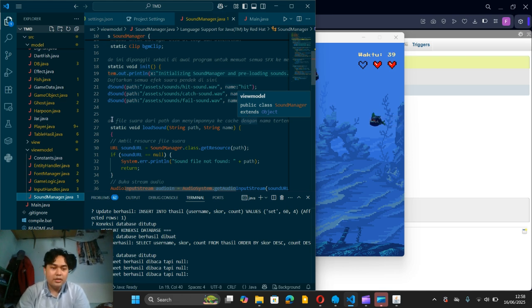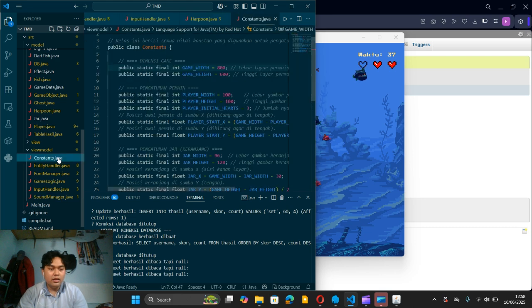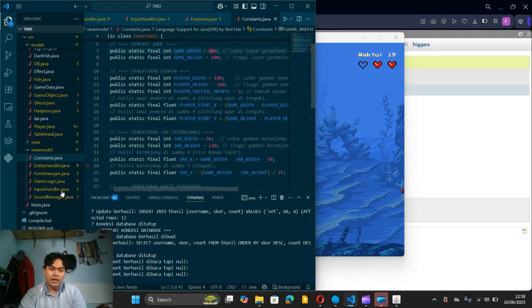So for the next code, there's this constants.java. This contains all the constant variables in the program, so it's very easy to change. If you want to change the game width or the player width and height, it will automatically be changed in all code because it uses constant variables.